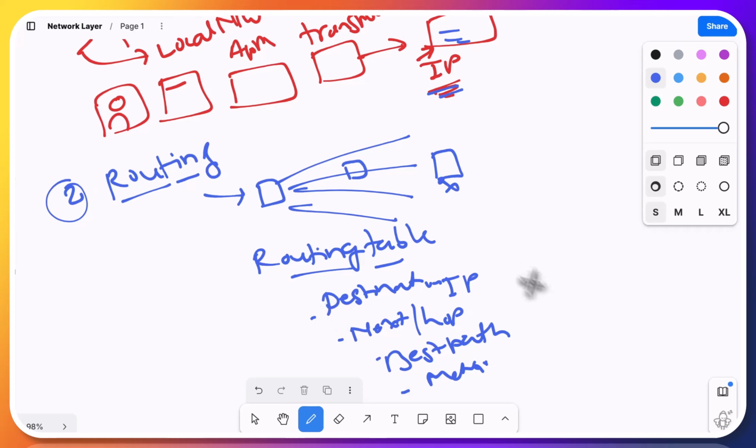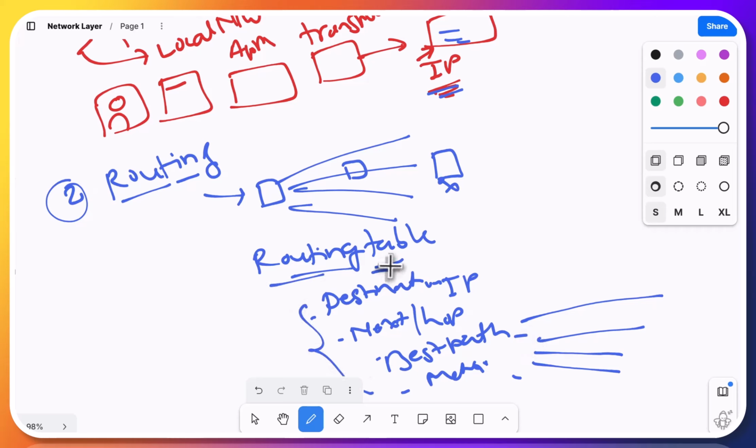It's similar to taking a small road versus a highway. The small road will have less bandwidth, but the highway will have more bandwidth. Maybe the smaller route will have less distance, but the highway will have more distance. So the routing table holds all this information, and it helps to decide which path the packet